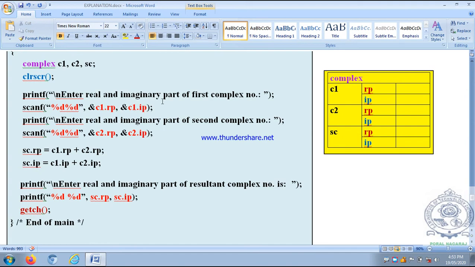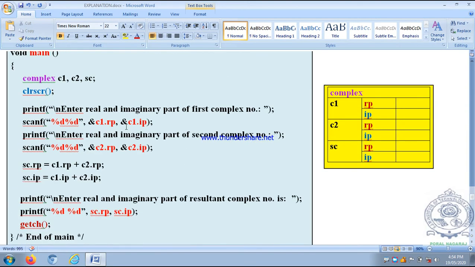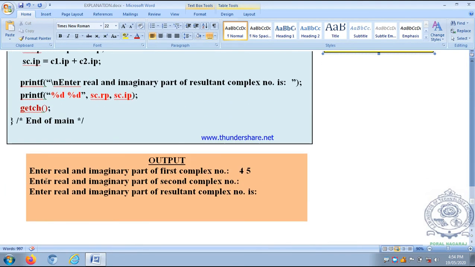Enter real and imaginary part of first complex number. Say, for example, 4 and 5. So 4 goes to c1.rp and 5 goes to c1.ip. Next, the printf statement is executed on a new line: "Enter real and imaginary part of second complex number."